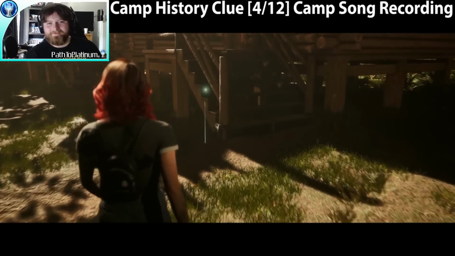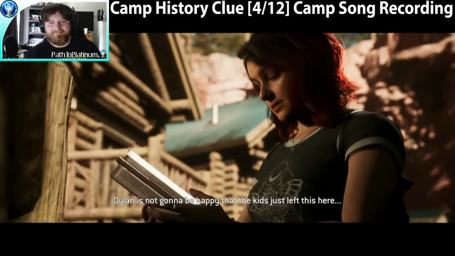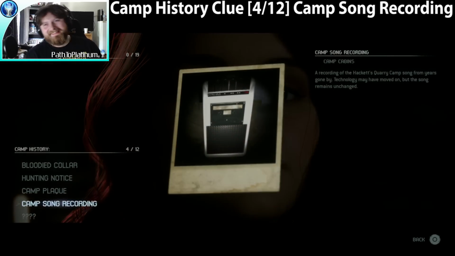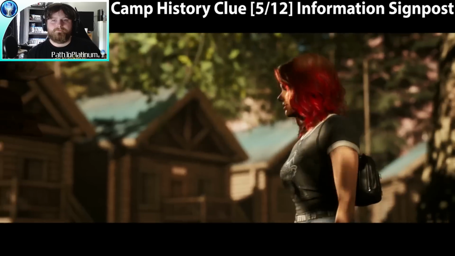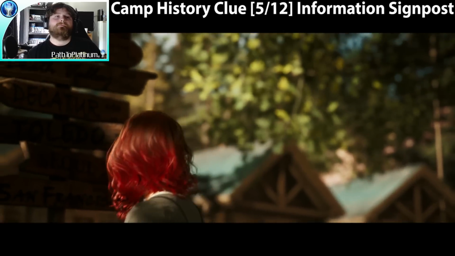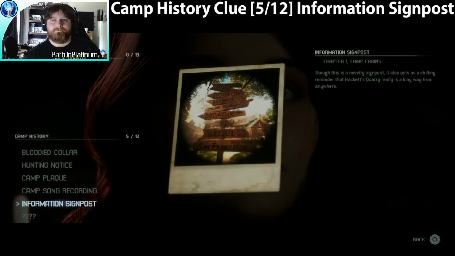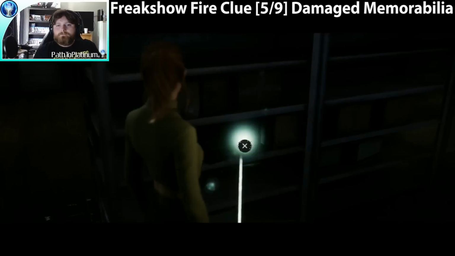Immediately exiting the cabin and making your way to the right side of the cabin area, you can spot your next clue, which is going to be the camp song recording. It'll just be sitting there on the floor. And in the center of the cabin area, you will notice a big signpost, kind of hard to miss, and this will actually be our next clue, so go ahead and interact with that. And that's going to wrap it up for the clues in Chapter 1,